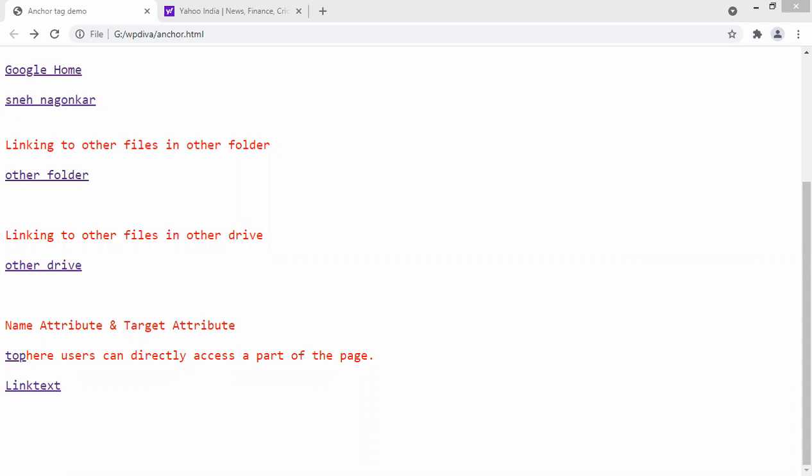Fine. So this is about the anchor tag, guys. In the exam, if they ask you to explain the anchor tag, you have to write the explanation and then tell that these are the three properties: href, name, and target. The anchor tag is also called the hypertext hyperlink tag. This is the code which I have already executed now. I have also linked the output here so that you can remember and go through the link, and go through the video also, so that it becomes easy for you to understand.